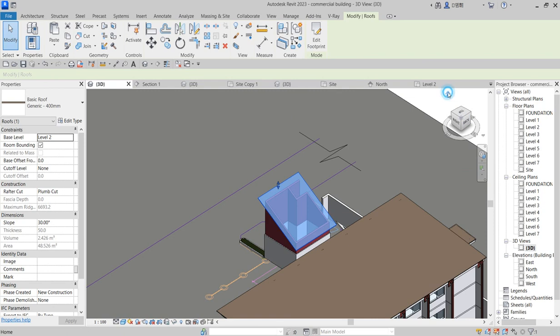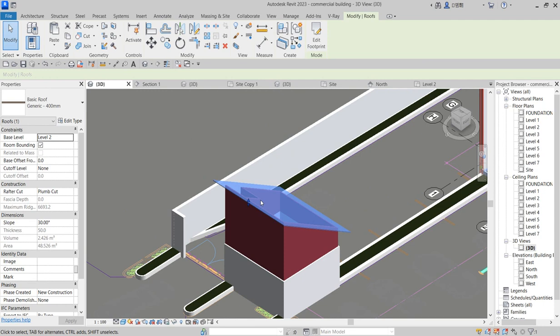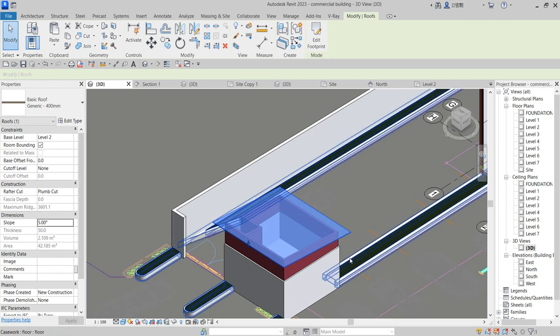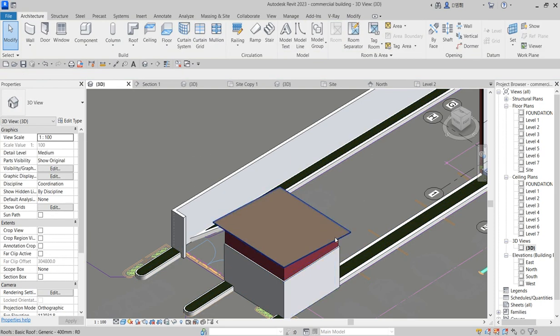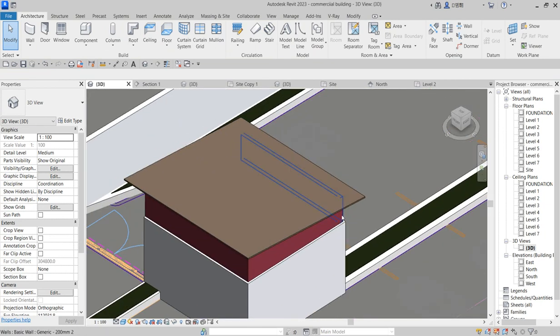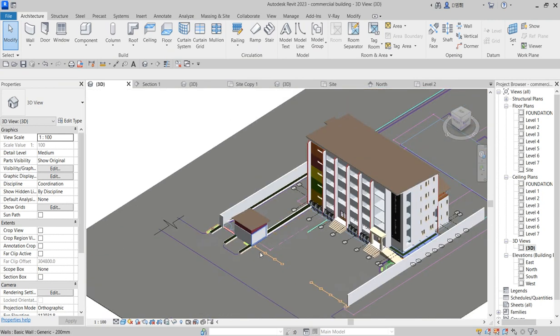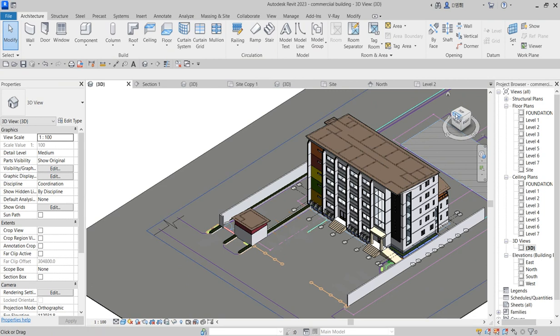Can you see now? Inside here, go to outside and you see what you have done. So the slope first inside. So what you do here is that when you select the roof again, you go to slope and you change the particular to something like 5. It will come down to slope inward in a gradual manner. So that's what we want to do here. So as we have done with this, we are bringing the thing to the reality. So when we go back, when we go from here,